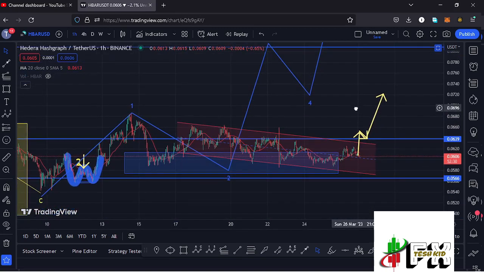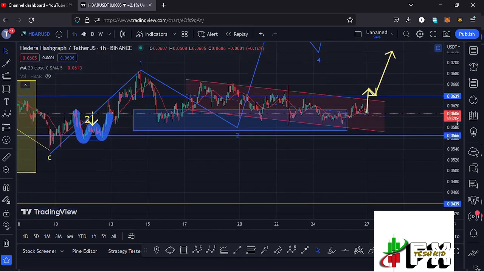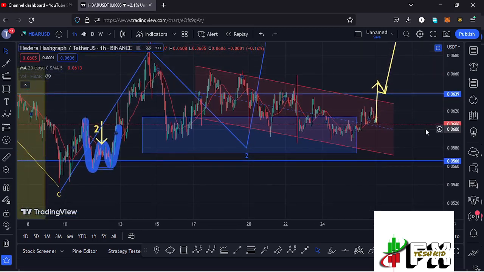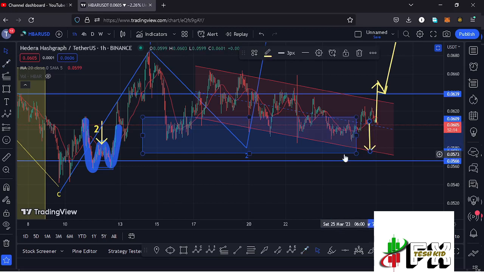But in case the breakdown continues over here, there are chances of getting one more leg down within this blue target area, which is the minimum retracement area in the formation of that wave 2. And in case the breakdown continues and we get back into this blue target area, maybe to fully maximize it by giving us a low at around the $0.0575 mark, which is the lowest part of this target area to the lower side, then from there we can expect our reversal to the upper side in the formation of that wave 3